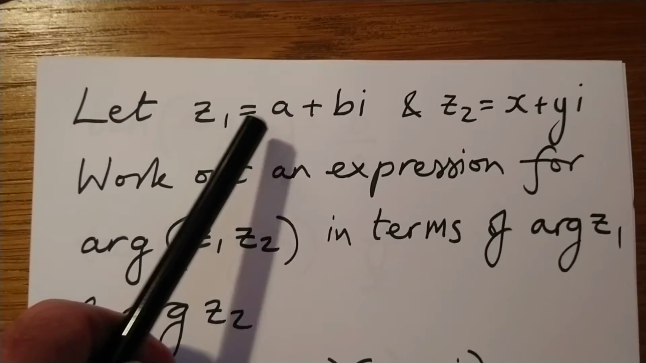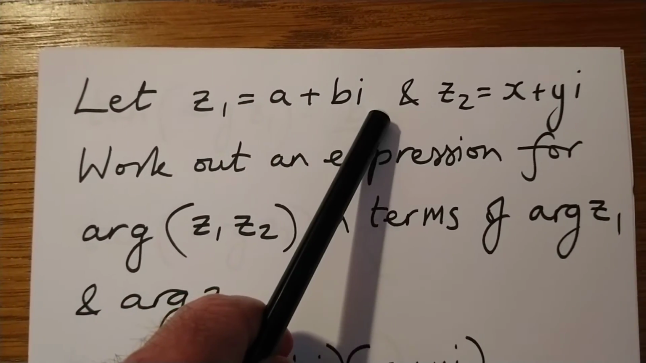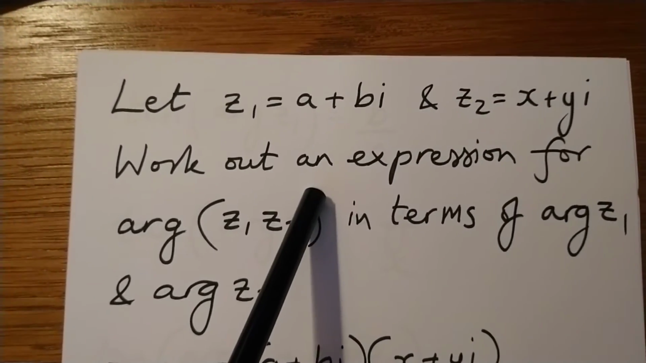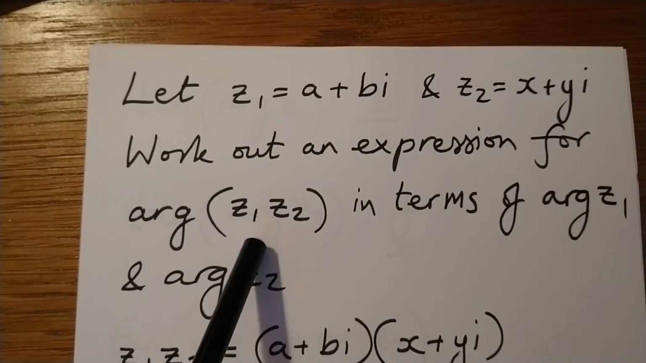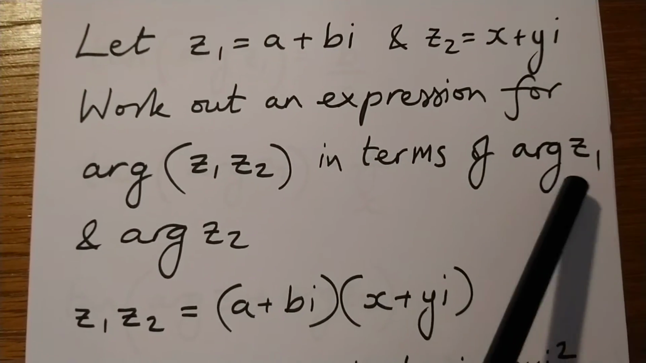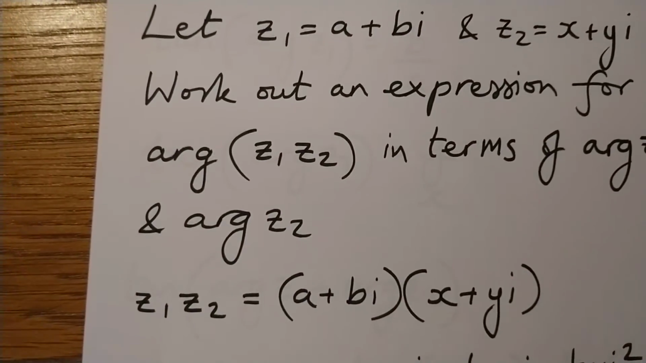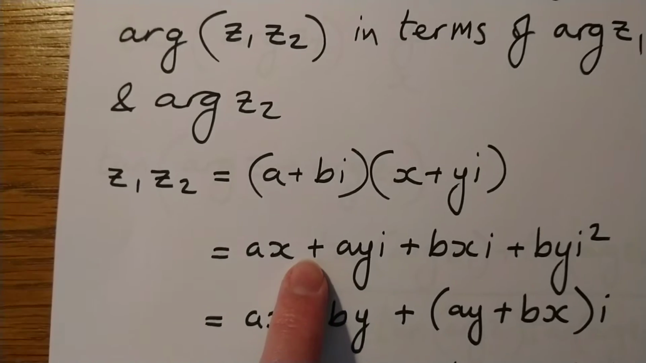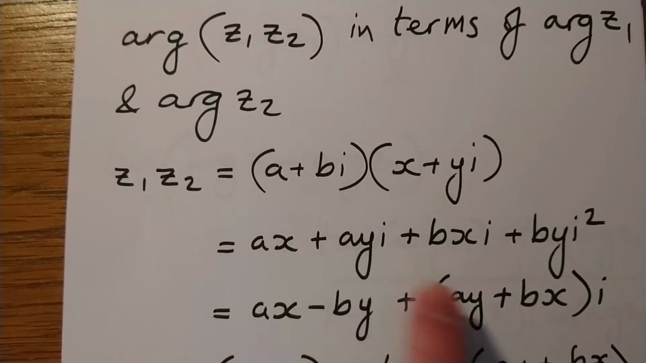Let z1 be equal to a plus bi and z2 be x plus yi. Work out an expression for the argument of the product of these two complex numbers in terms of the individual arguments. So if we work out z1 times z2, we multiply the brackets out in the normal way, we remember